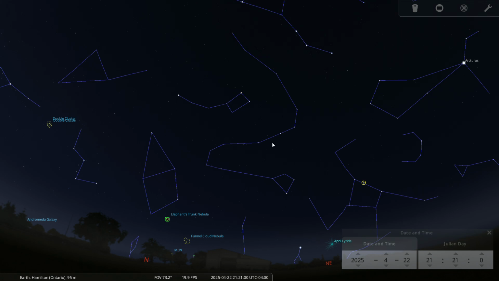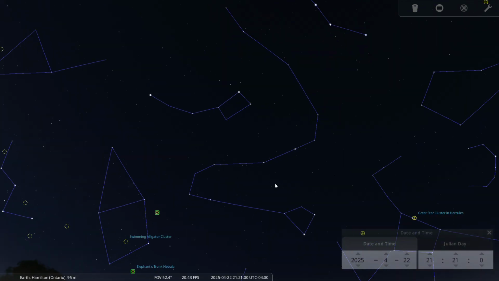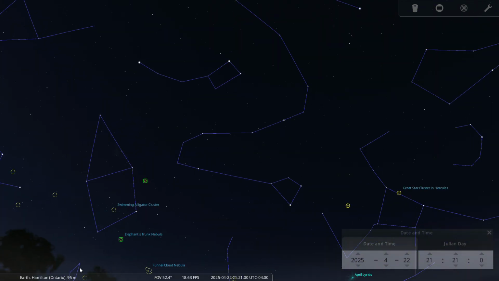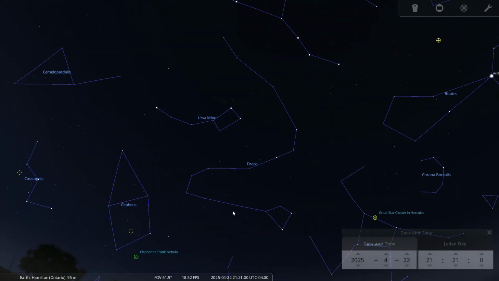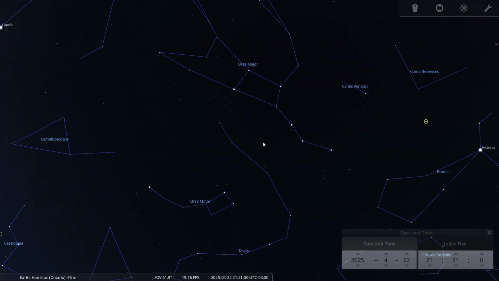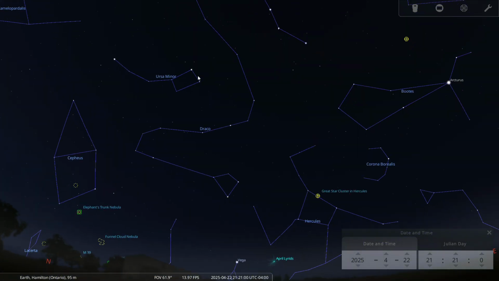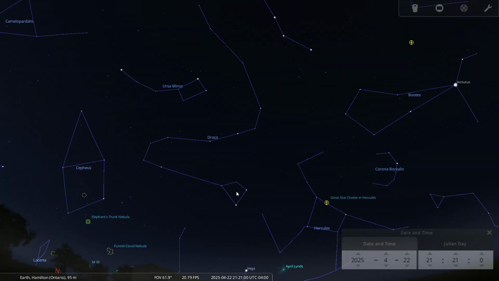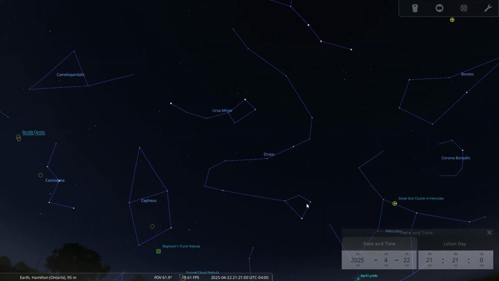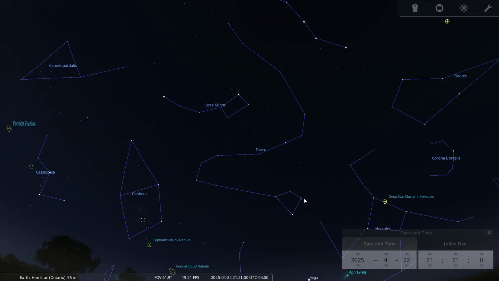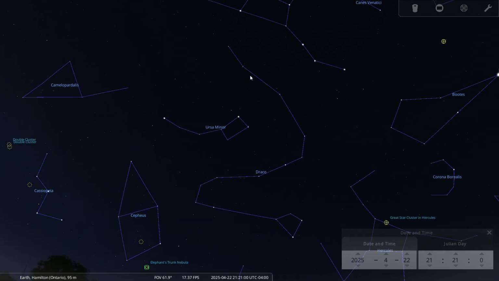But something I would like to focus on just a little bit here for tonight is the lesser known constellation that we kind of really skip over here, which is the constellation Draco. And Draco is right here, snaking around Ursa Minor and in through the Big Dipper and Ursa Major and all the way down here to Hercules. Now Draco, of course, is the dragon, and it is a fairly prominent constellation. You can see the head of the dragon down here. It's kind of hard to miss, but not really. Not the brightest stars, but definitely well defined,